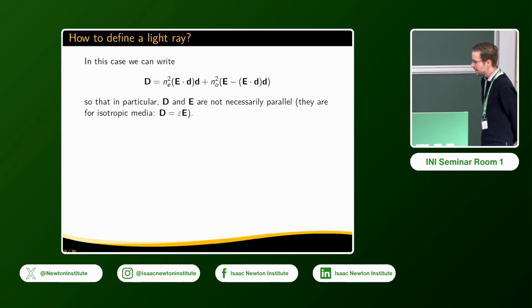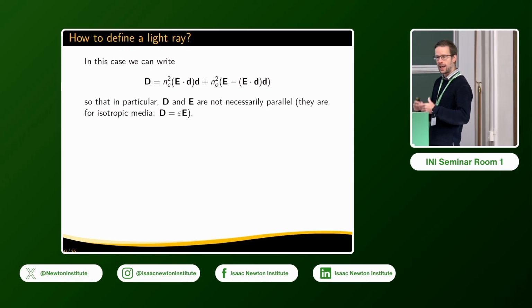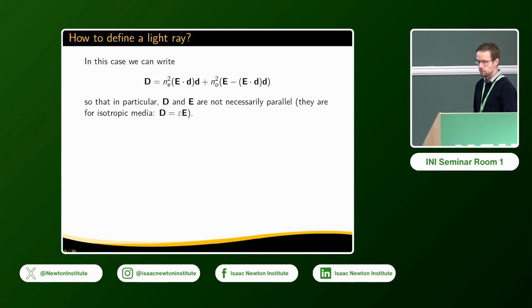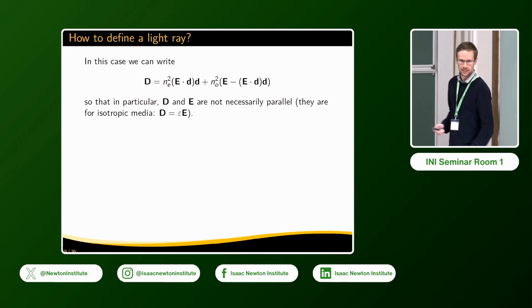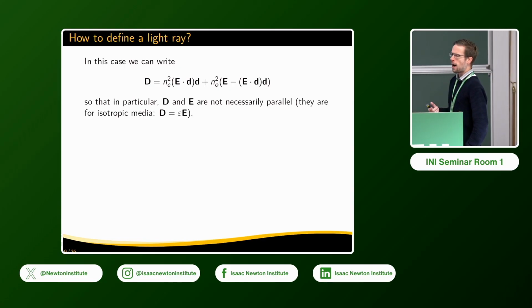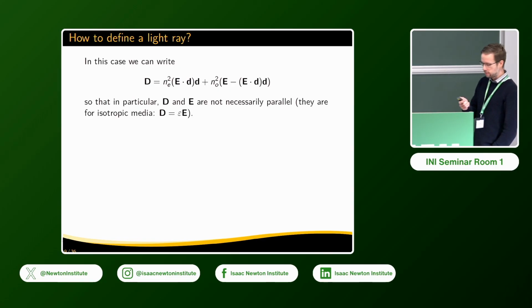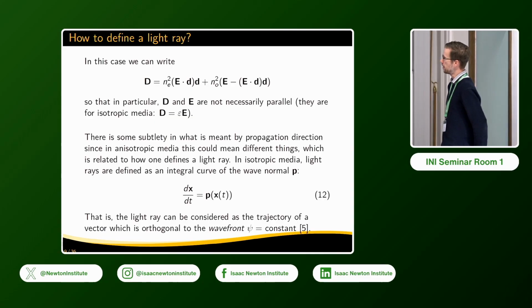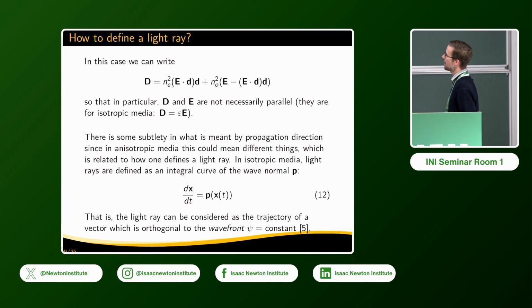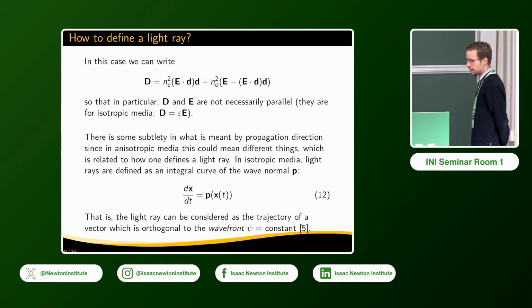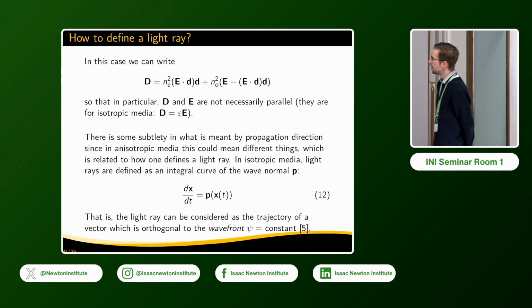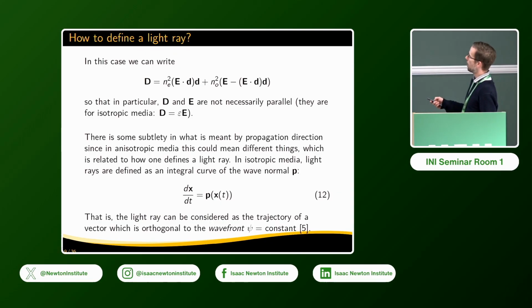Okay, so one of the interesting things we see when you look at anisotropic materials that you don't see when you study classical physics in university, for example, is how do you even define a light ray? You have to be a little bit more precise than you usually are in your college level physics class. Okay, so you can relate the displacement field D to the electric field